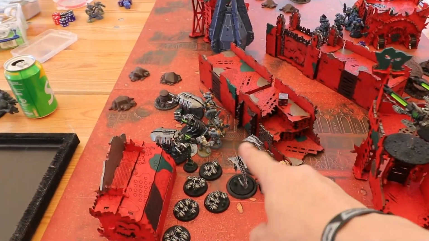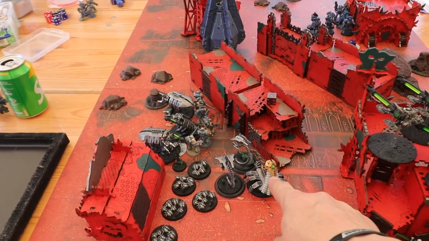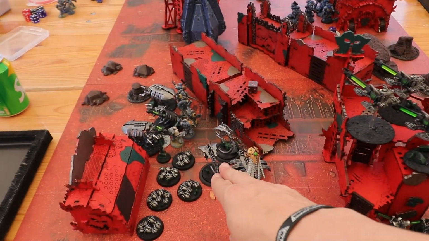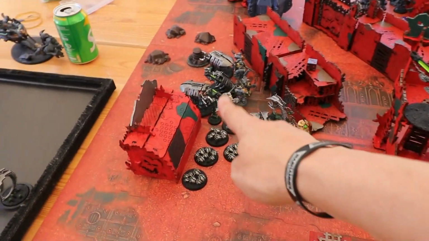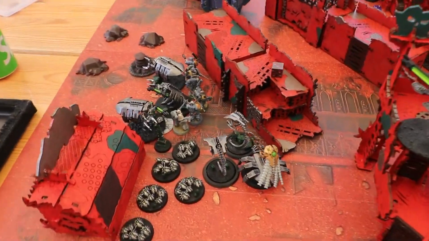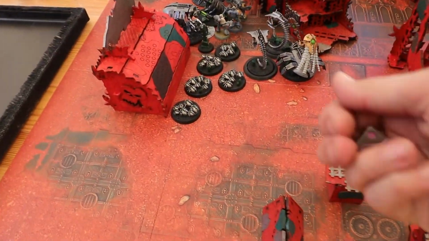I moved the wraiths over here next to the Technomancer. The Technomancer's still within range of these guys. And the wraiths, of course, I'm hoping to bring some back next turn, and the spiders brought back another scarab, so they're back up to full strength. I need to find out how many extra attacks I get from the...